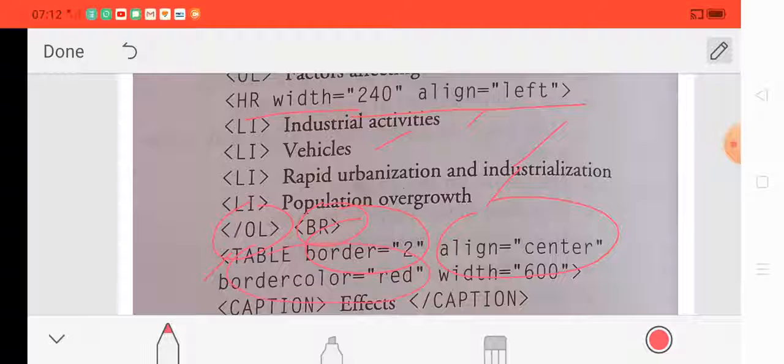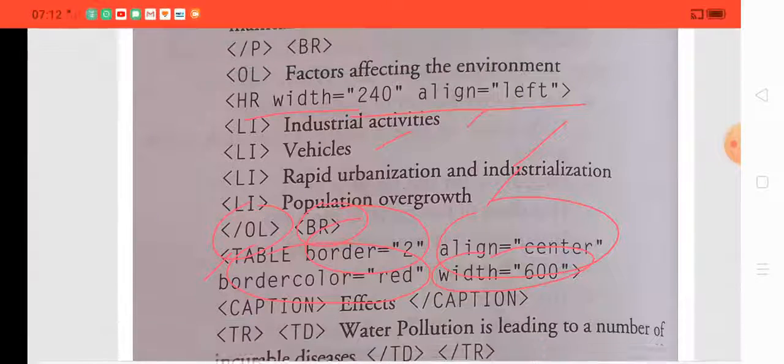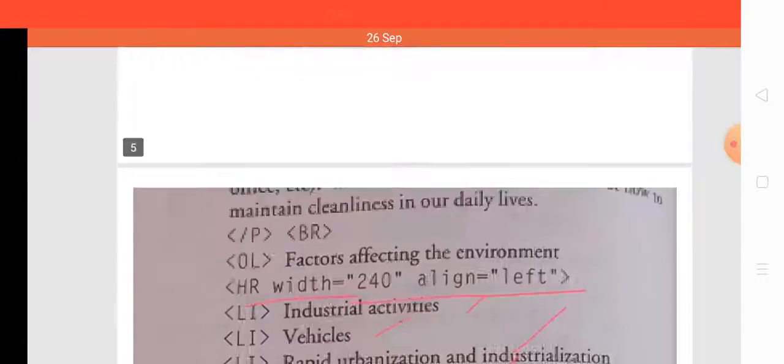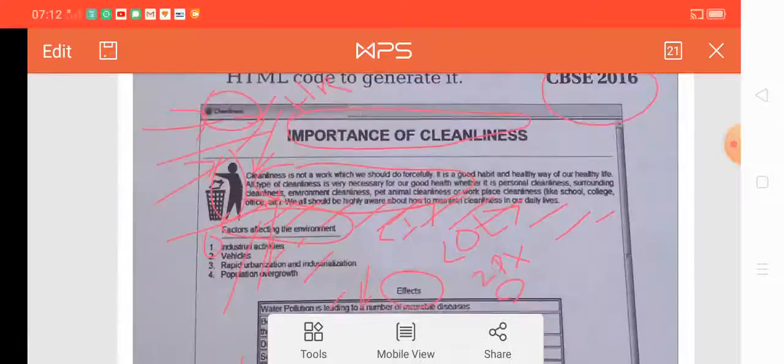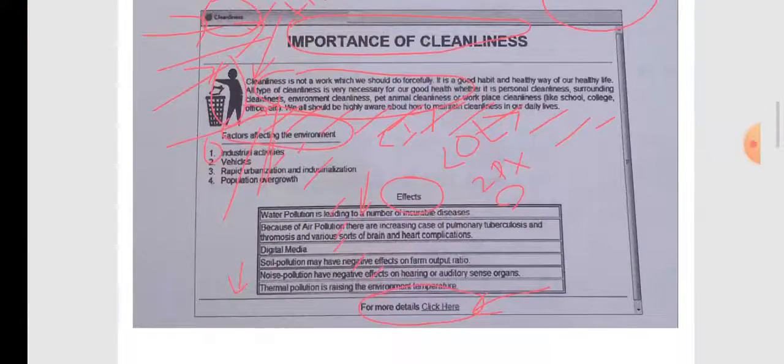And we also take width. We specify the width, because we can easily see that the width is not normal in this case. So we specify the width in terms of pixels.